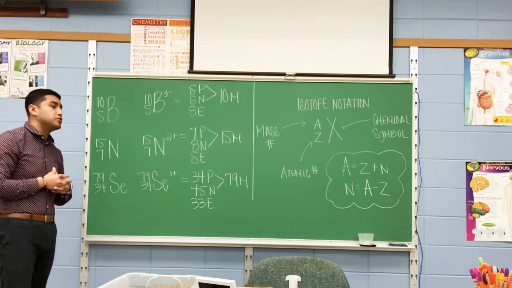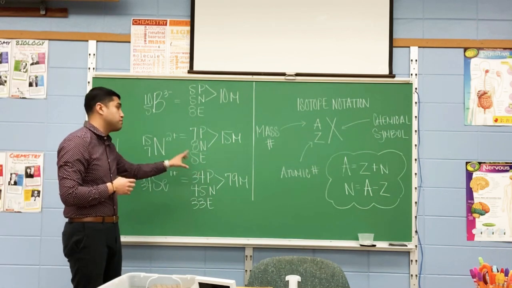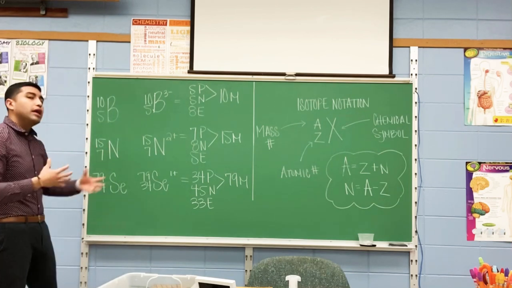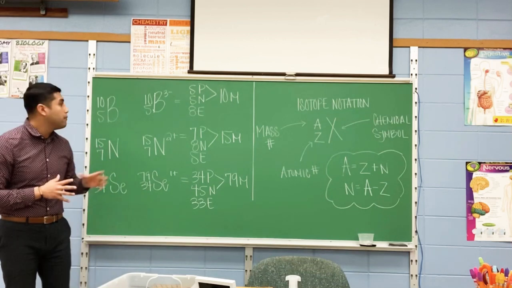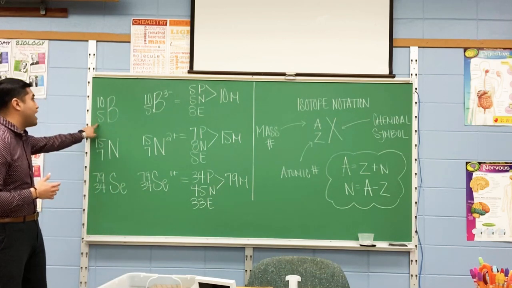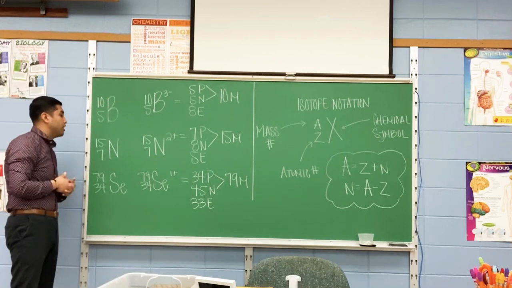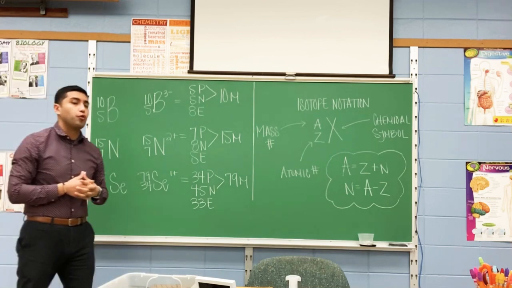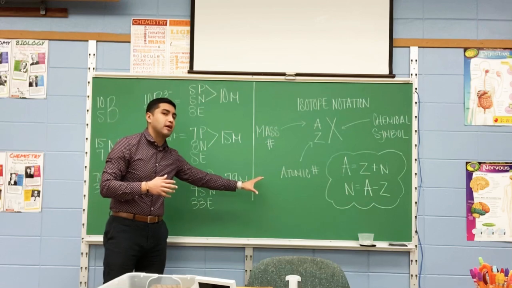So in the problems, when you see this, you should be able to calculate protons, neutrons, and electrons based on simple math. Remember, if there is no charge, it's safe to assume your protons and your electrons are the same. They're equal because there is no charge. If you have 5 positive, 5 negative, that gives you 0. Therefore, you don't have a charge. 7 positive, 7 negative, you have a charge of 0, and so forth. Once again, isotopes, ions. Isotopes based on neutrons,